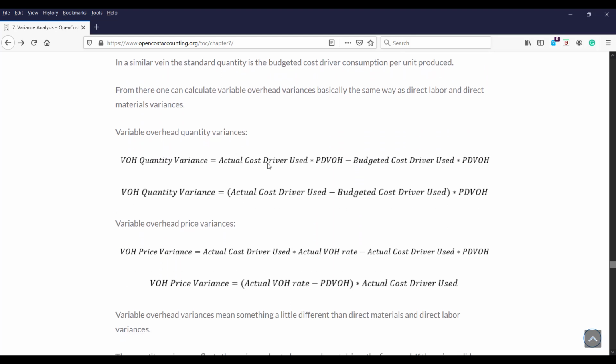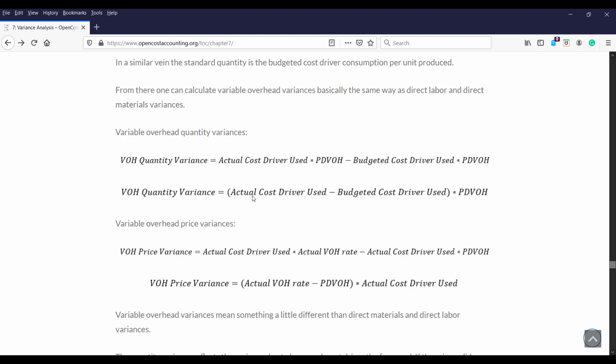Because what if the cost driver doesn't fit very well? What if it doesn't? There are lots of things that it's missing in terms of overhead being overhead responsibility. Then we have a far less informative number with our variable overhead variances. But regardless, this is the cost driver that gets consumed: our quantity of variable overhead effectively times whatever